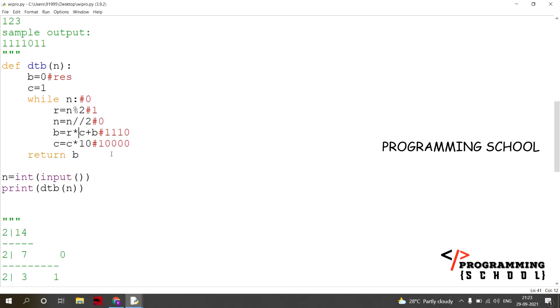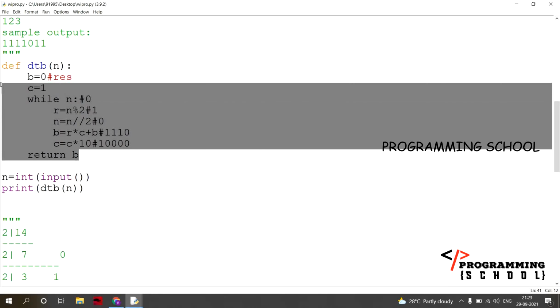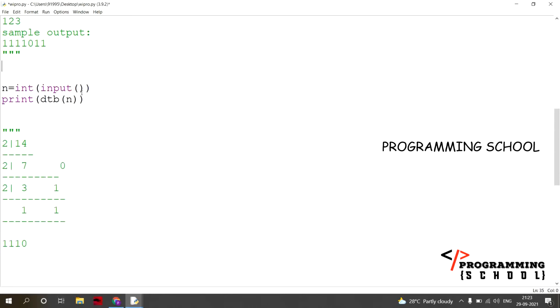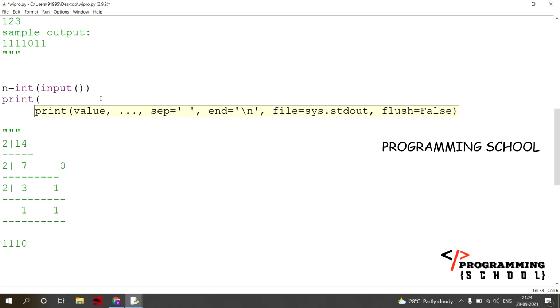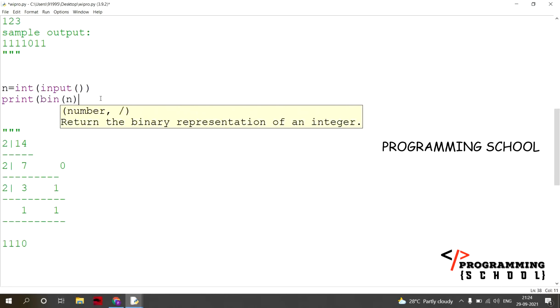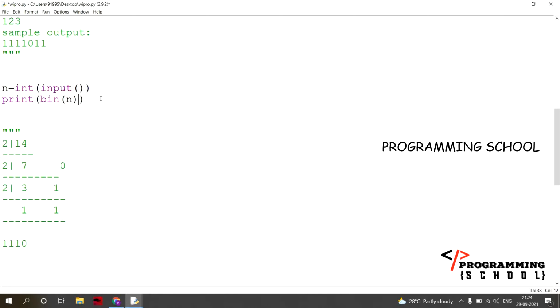If you have no idea about any functions in Python, this is the core logic. Definitely this is going to be the core logic. Here I don't know how to write the logic. Here I know some functions. Simply I am going to write here decimal of binary of n, but I am going to slice it.